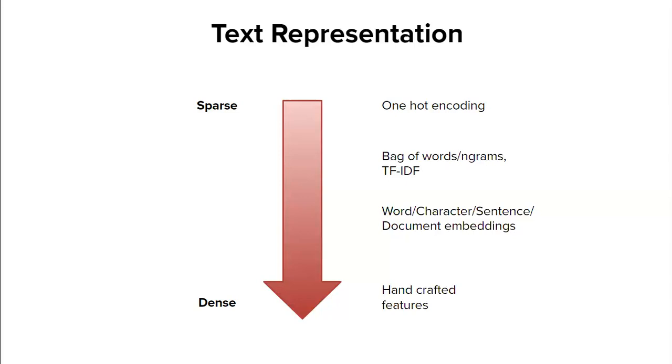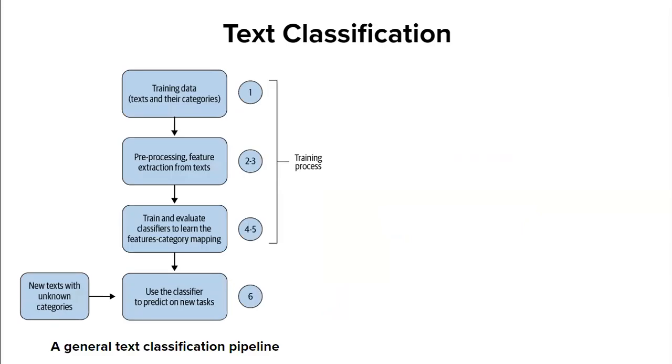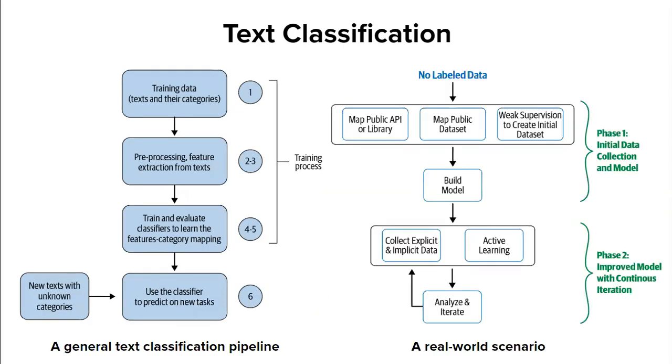So the first core task we discuss in the book is text classification. As mentioned earlier, for this pipelines chapter and at the beginning of the talk, here too we take the approach where we start with a general text classification pipeline, focusing more on the training process and evaluation process. But at the same time, we also have some case studies of what to do when we don't have any data at all. How do we gradually collect data, build a model, and then improve that model, collect more data with active learning? How do we do this process iteratively?